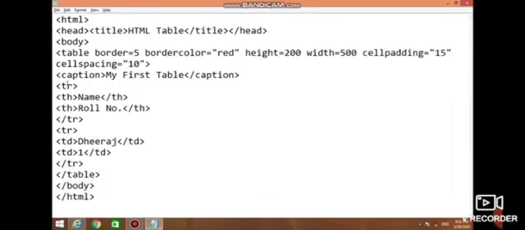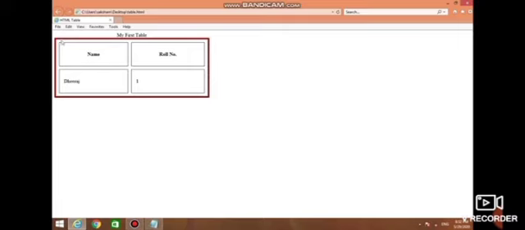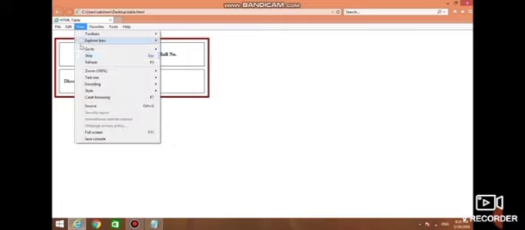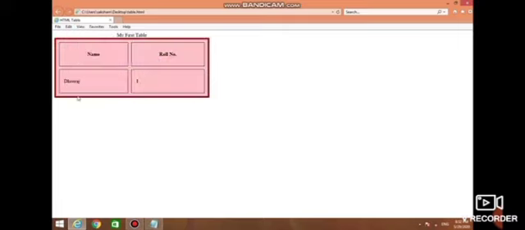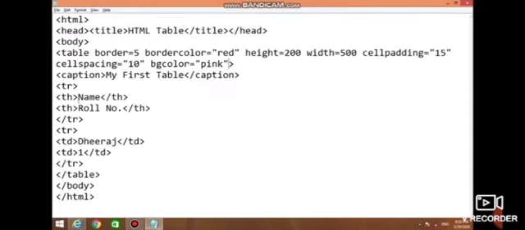To enhance the look of our table, we can apply background color. We can change the background color of the table. We can apply the background color on whole table.